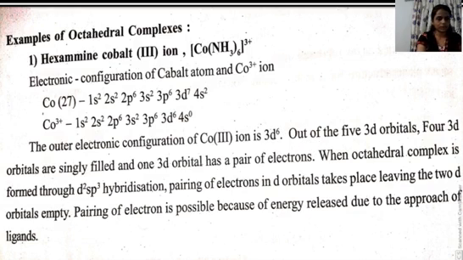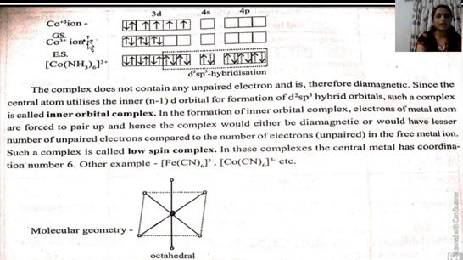So here Co3+ ion is having now 6 electrons: 1, 1, 1, 1, these 5 electrons, and the 6th will cause pairing. Okay, this way we fill the orbitals. 4s orbital is empty and 4p orbital is also empty. Here we are using NH3 as a ligand. NH3 is a strong field ligand, it causes pairing of electrons. So therefore these electrons will get paired. This will jump here and this will jump here. So all these electrons are paired now and these 2 orbitals have got emptied.